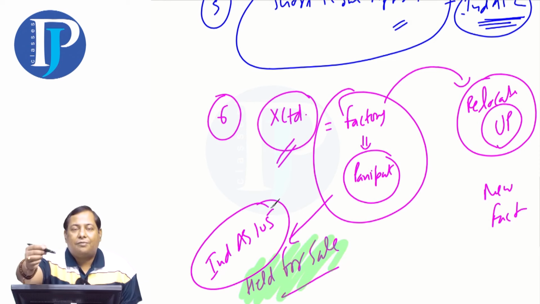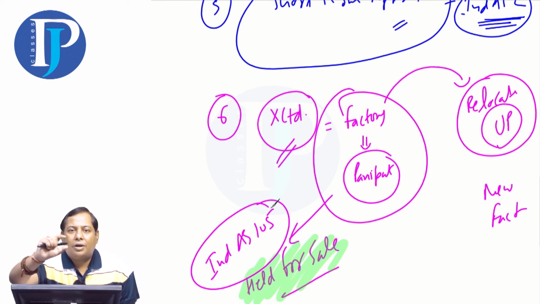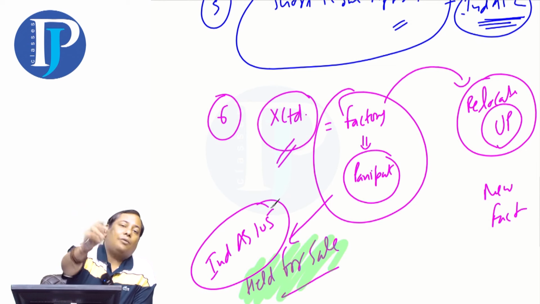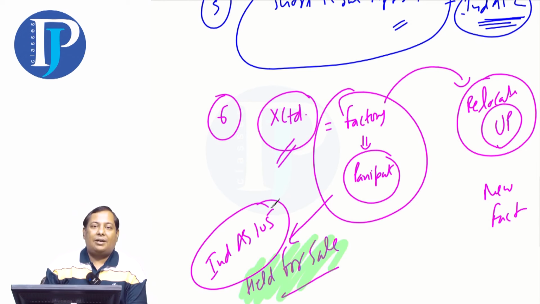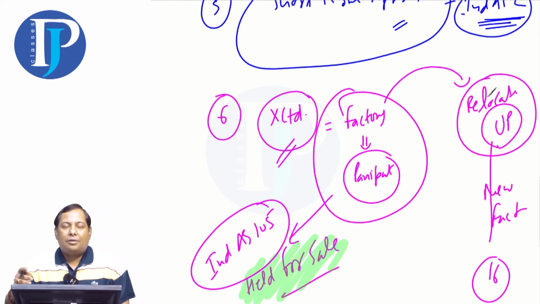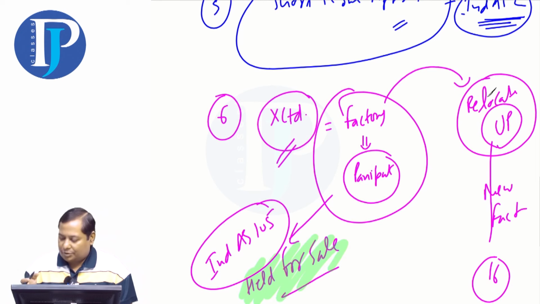So tell me, do you know the title of Ind AS 105? It is non-current assets held for sale. Understood. So you were already using it before, but now you feel like you want to sell it. So if you have land and building, it was previously in use, but now you want to sell it. So it will not come in 40, but it will come in 105. Let's move on. This will come in 16. This is an owner-occupied property, the new factory that was built in UP. I have built a factory, I will use it in my normal course. So this will come under 16. Okay.